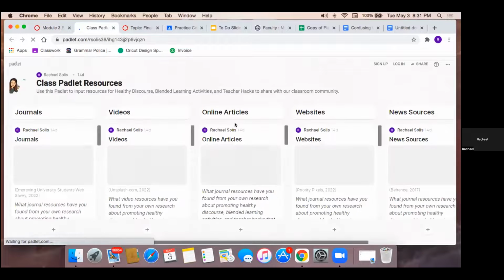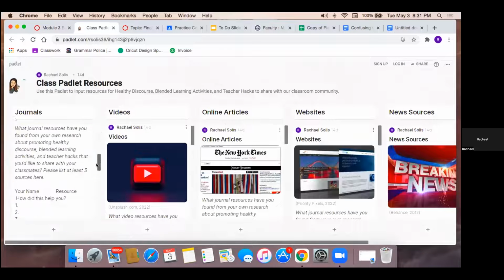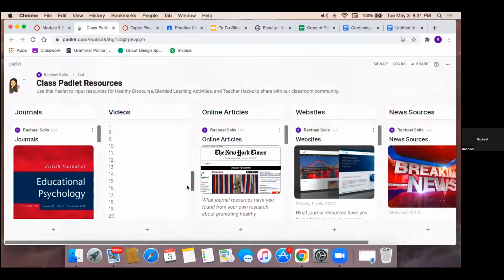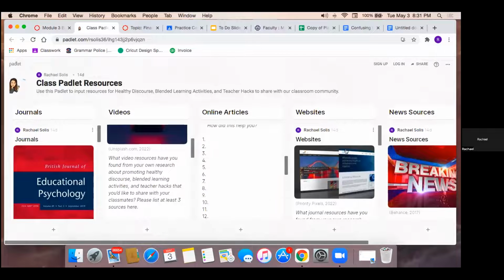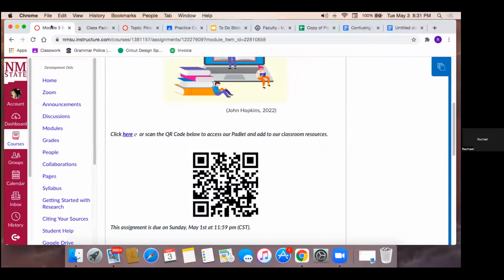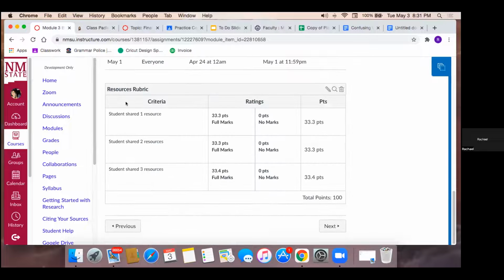This is what our Padlet looks like, and all of our resources would be input here, just like most of you did: journals, videos, online articles, and websites. So they could take this and utilize it later on in their courses. Let's go back to modules.